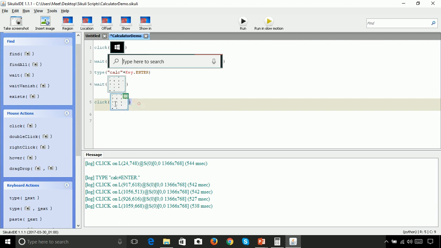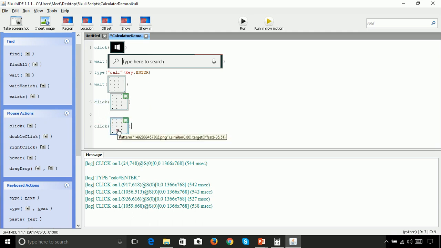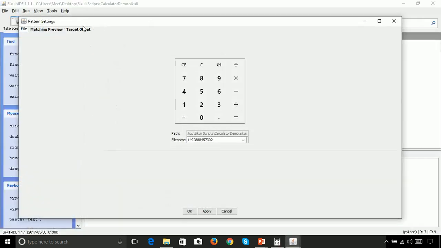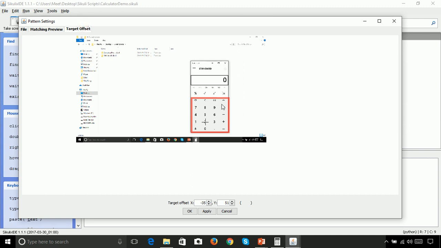And now let's copy this and paste. Let's copy the whole click function because we want to copy our actions. If you see here, the red is nothing but a target offset. But here the target offset will be multiplication, so let's set the target offset to multiplication. Similarity should be 80%, it is fine.